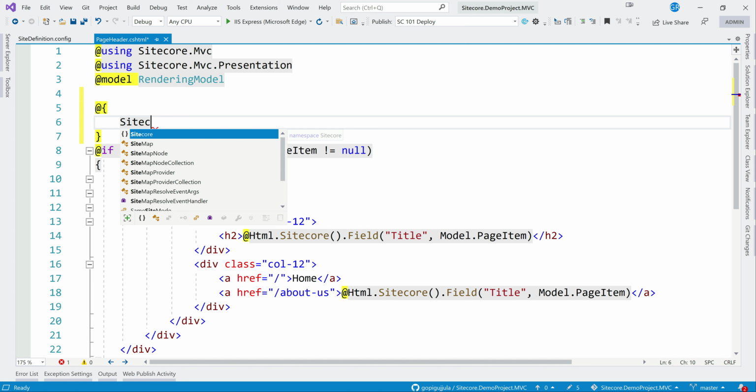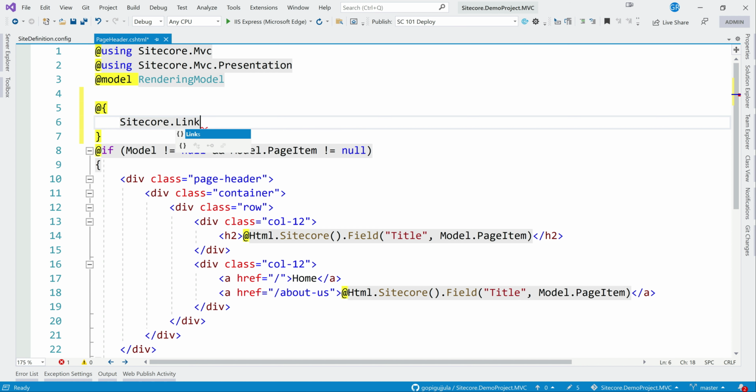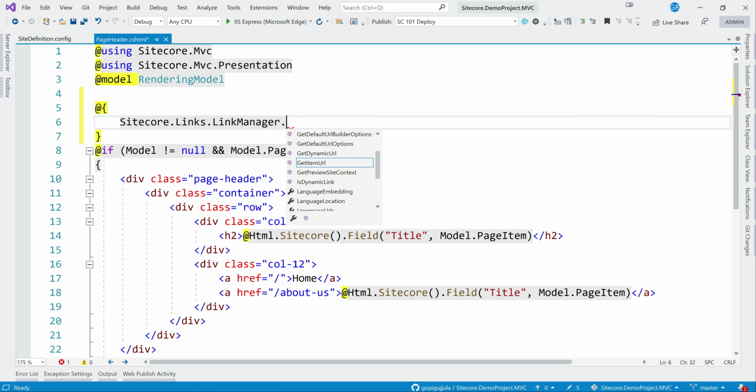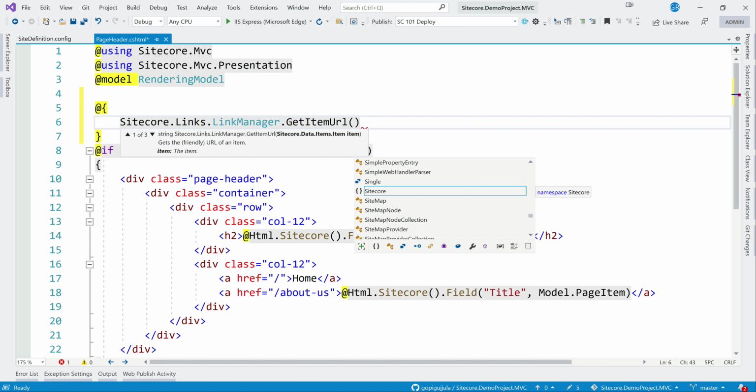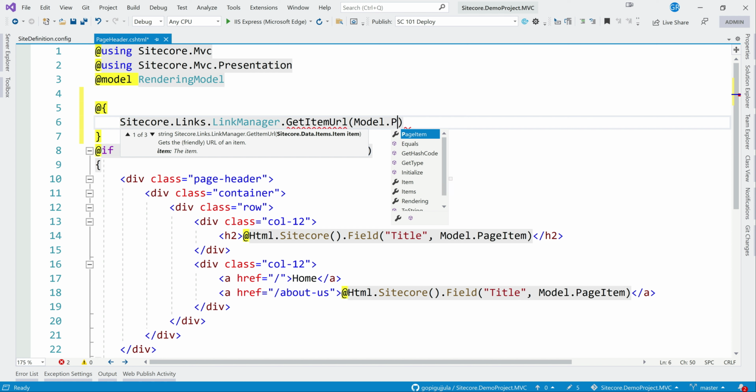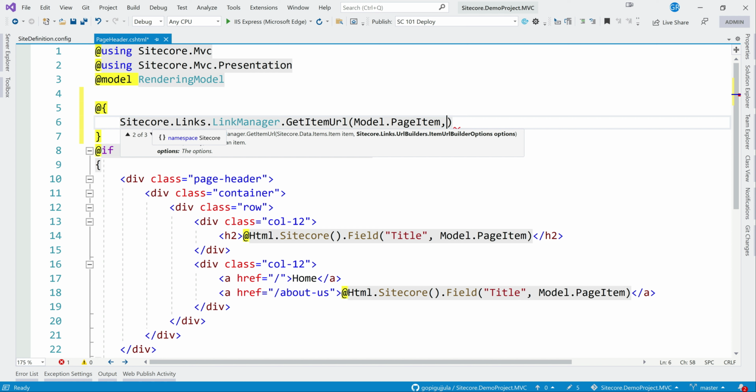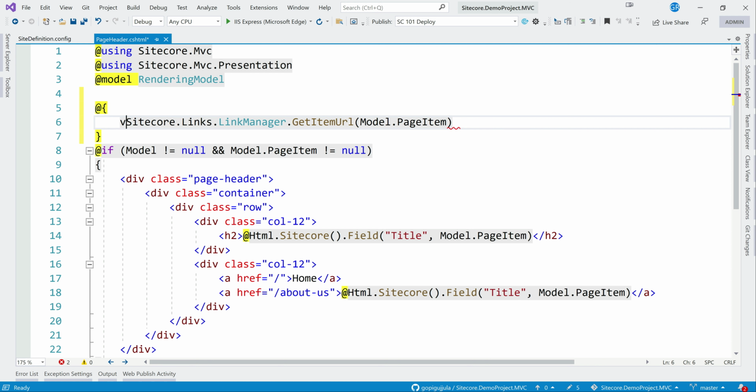So if I go to Sitecore.Links.LinkManager.GetItemUrl, all it requires is you pass an item. If you pass an item, it will give us a URL based on our site resolving and everything, using the default options. And if you want to control those options, you can send ItemUrlBuilderOptions. We will see this now. What is the use of this? Otherwise, all you need to do is var